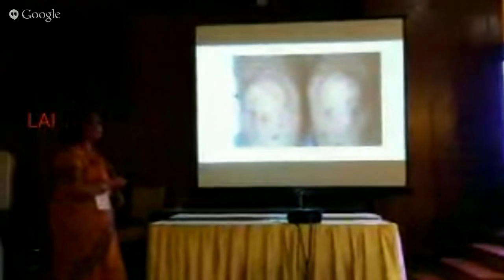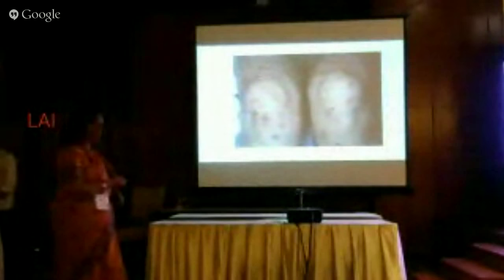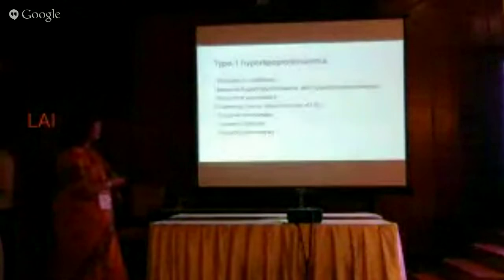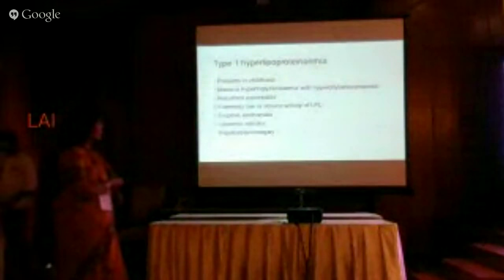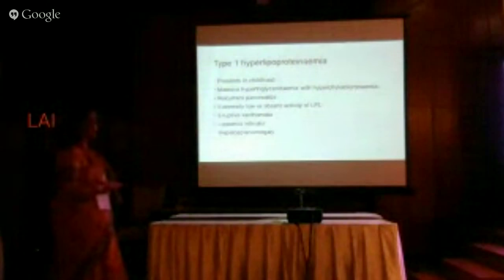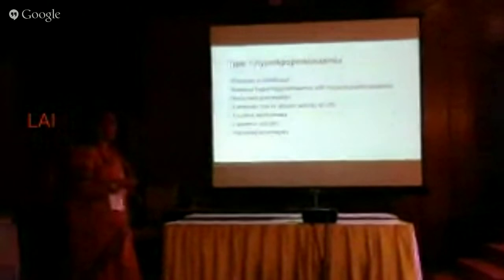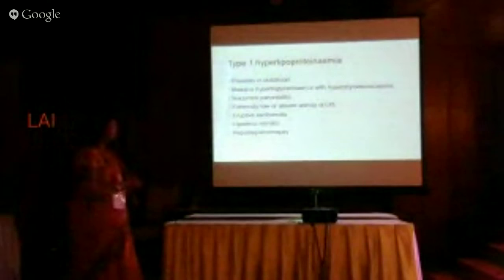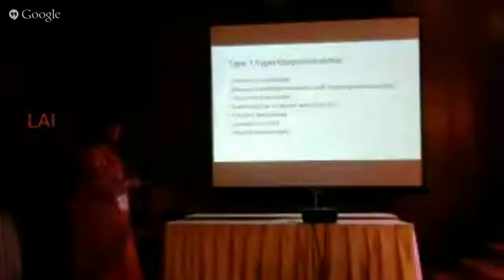It can also be seen with diabetes, with uncontrolled triglycerides, when you have a lot of chylomicrons. They usually present in childhood. Massive hypertriglyceridemia and hyperchylomicronemia, recurrent pancreatitis, extremely low or absent activity of LPL, eruptive xanthomata, and if you see a patient with triglycerides of 2000 or 1800, look at the fundus, you will see the lipemia retinalis, which is again a sign of high triglycerides, and they often have hepatosplenomegaly. So don't ignore patients who have lipemia retinalis and hepatosplenomegaly, because they